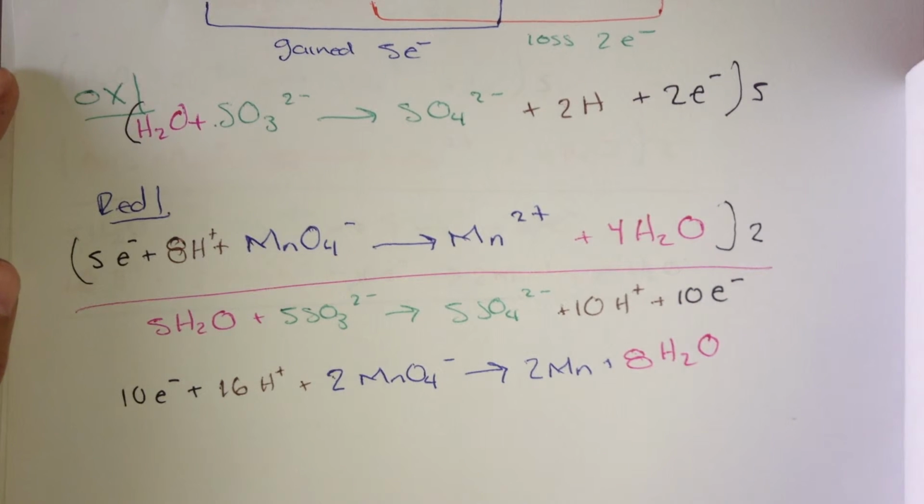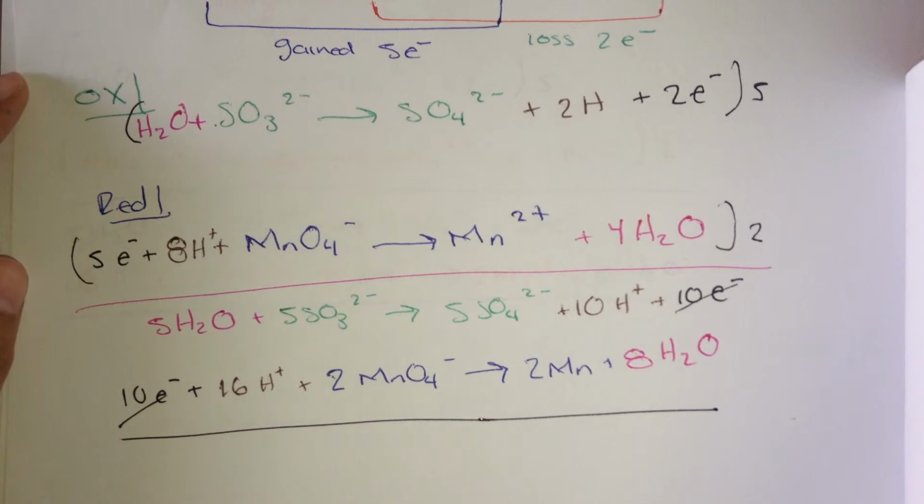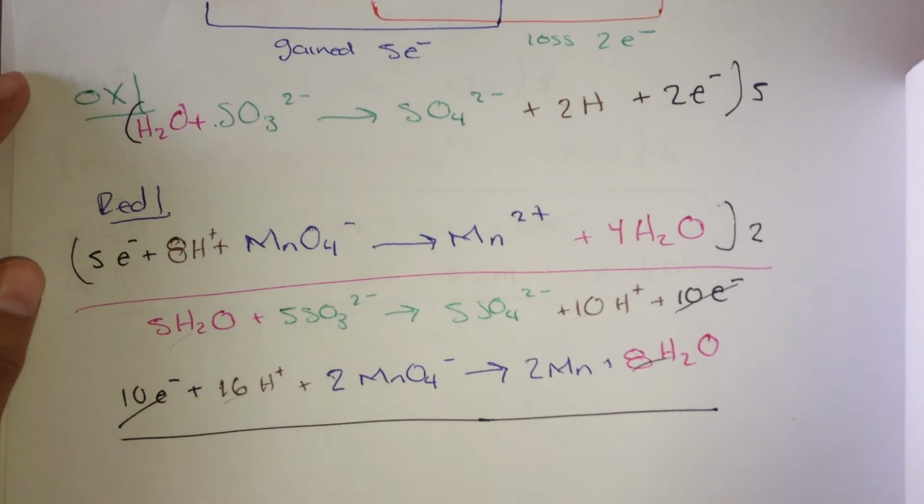So now that we have both of our electrons the same quantity, we just add the whole equation and cancel out stuff. So we cancel out our electrons and our waters and our hydrogens. So our overall reaction ends up looking